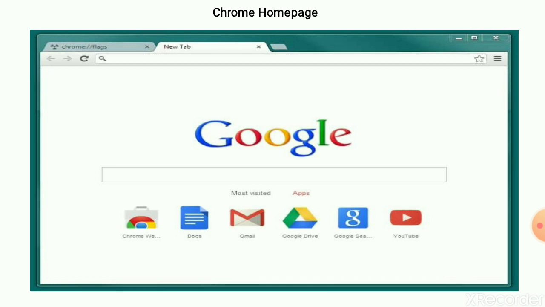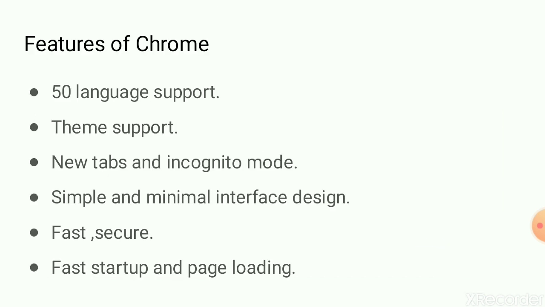It is located on the top right portion of the browser window. They function in the same manner as discussed in Internet Explorer as well as in Mozilla Firefox. And finally, I'm going to give you the best features of Chrome.